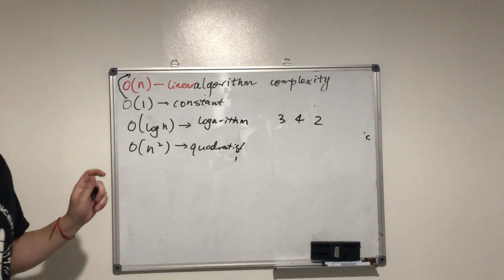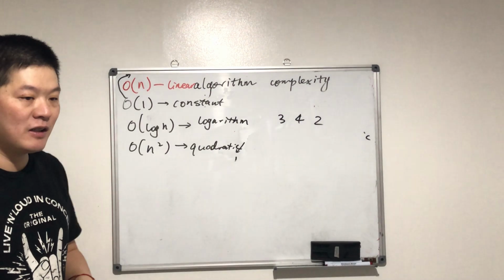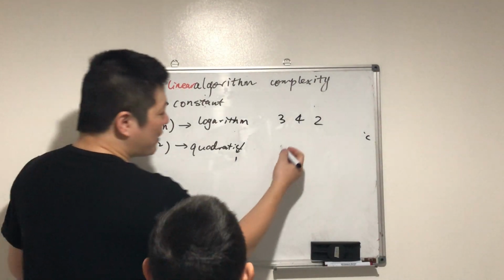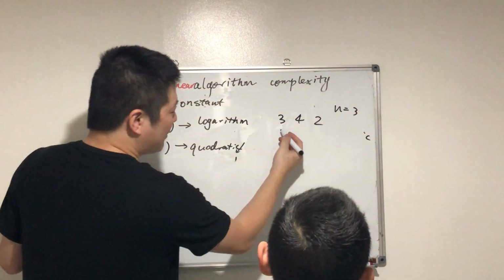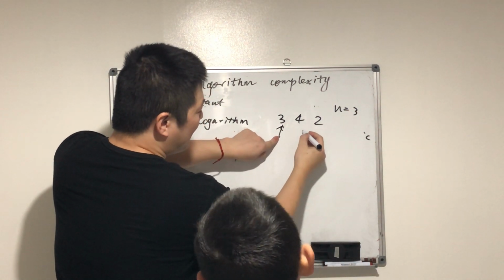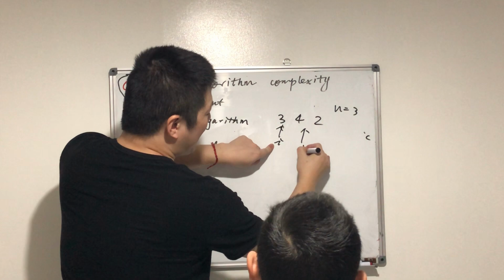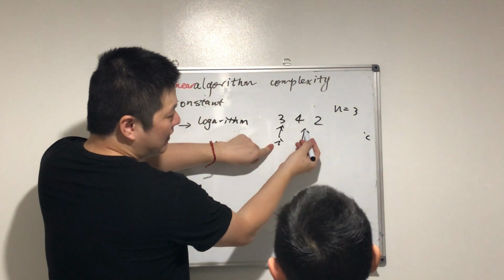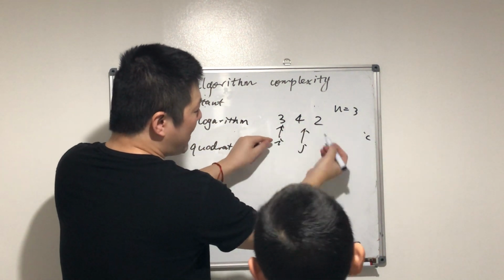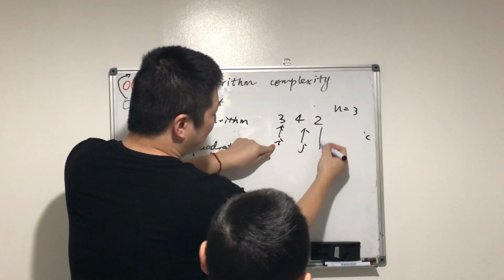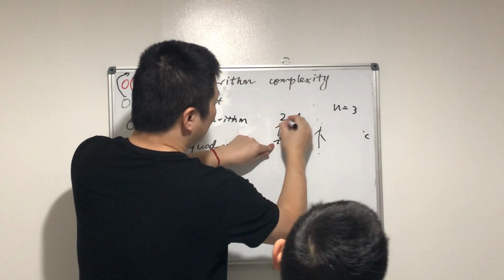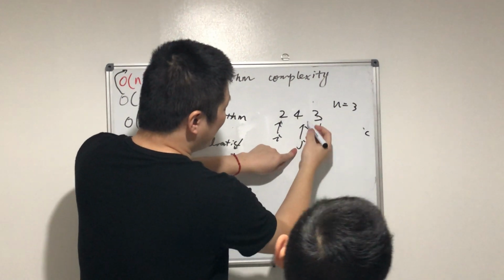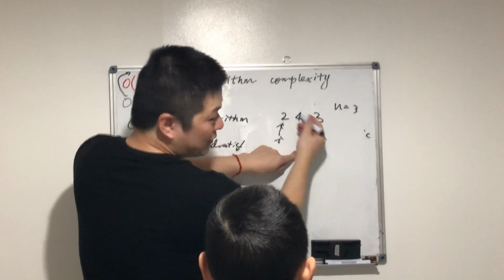If you want to sort it, you get 2, 3, 4. For the computer, if n is 3, how do we solve it? This is i, this is j. We compare, and if 2 is smaller than 3, I swap it. Then j is here, and if 3 is smaller than 4,